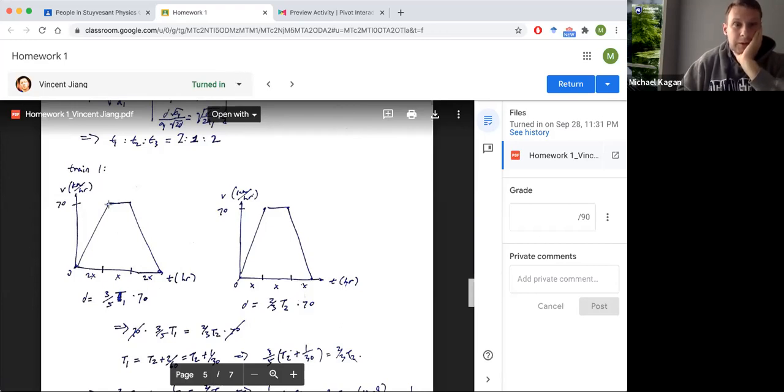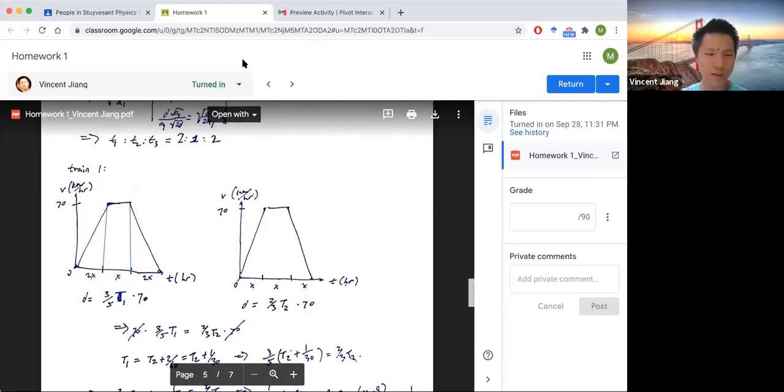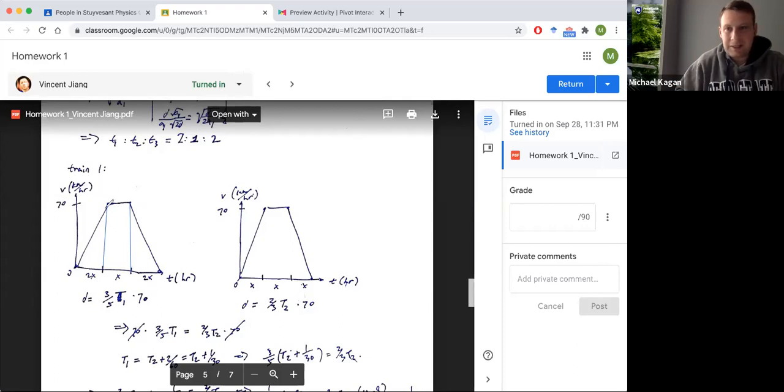So first off, you know that in the first situation, the displacements are equal, so that means the areas of the velocity versus time graph are equal. Okay. The height is the same for all three shapes, but the middle one is a rectangle, which would normally have twice as much area if there was the same base. But if you want the same area, the middle base needs to be 1/2 of each of these bases,